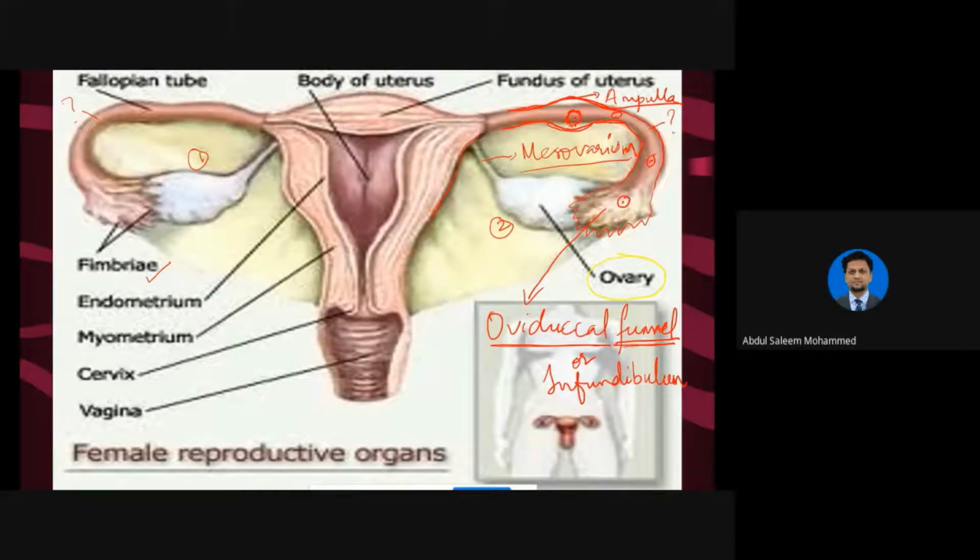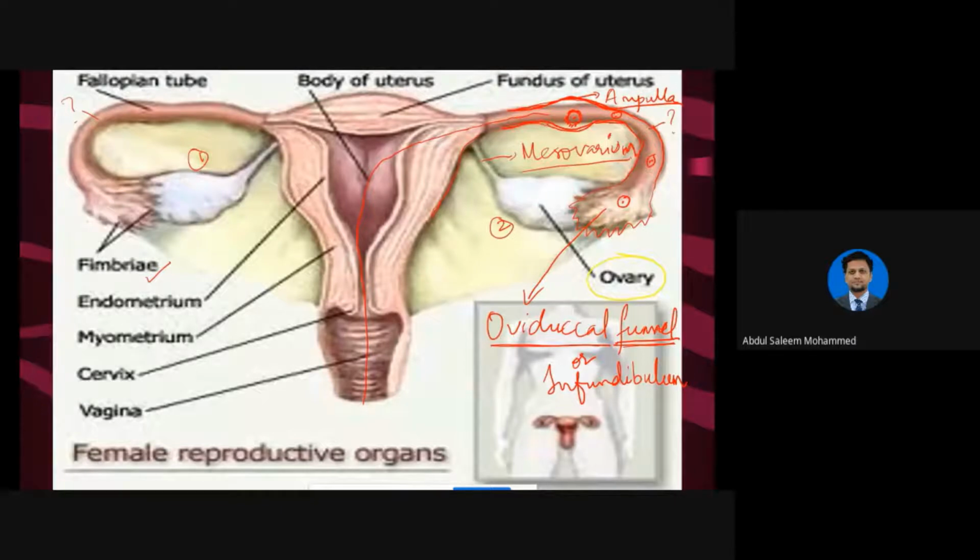Sperms are released, and these sperms also travel and reach the ampulla, and this is the place where fertilization between the male and the female gametes takes place. That is the place, so it is called the ampulla. So here I have drawn and shown you. I have slightly modified this picture and I am showing it to you here itself.